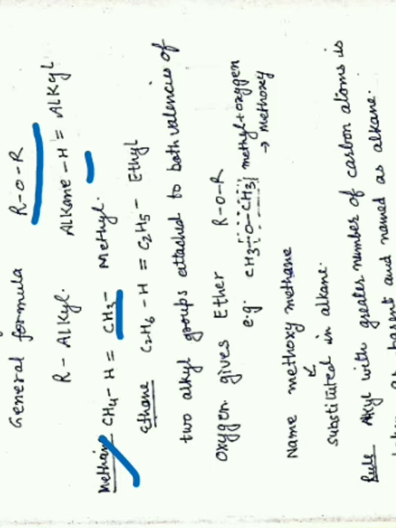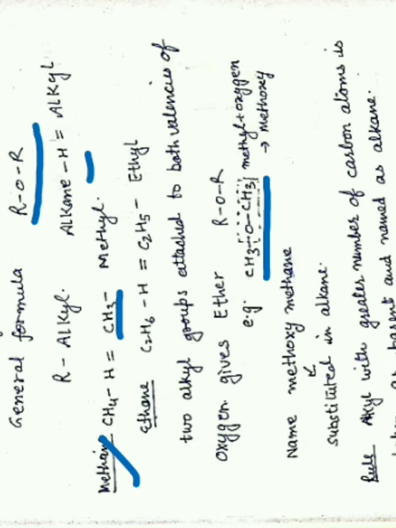so when there are the same alkyl groups, what we do is one of the alkyls along with oxygen is taken as a substituent. So in this case, when we have CH3OCH3, one CH3 is taken as the parent, and OCH3, that is methyl plus oxygen, is named methoxy. So how do you name it? As one part is methoxy and the other part is named methane.